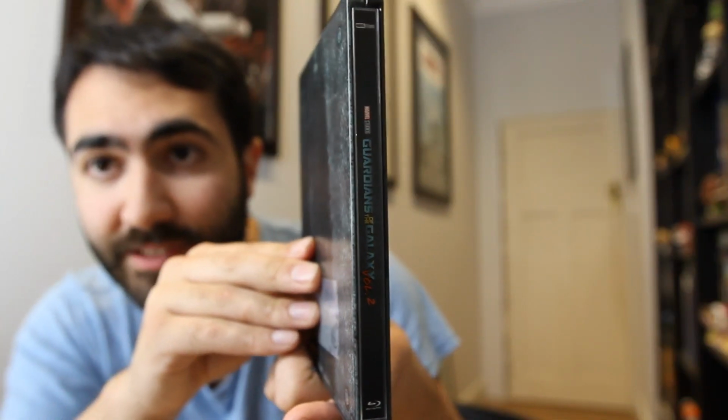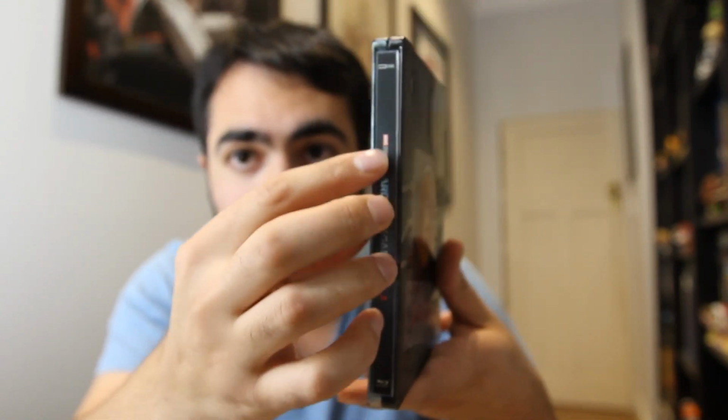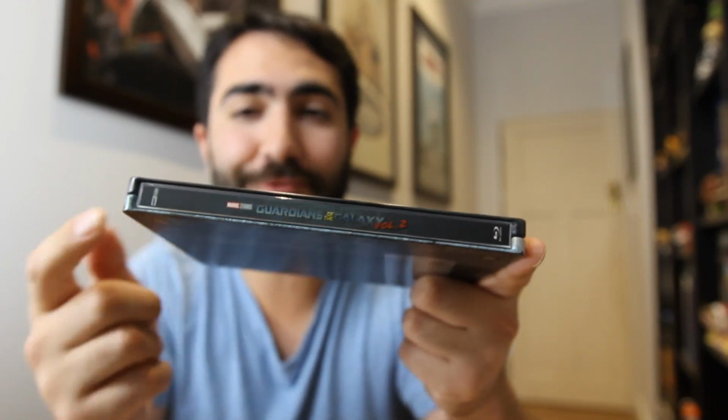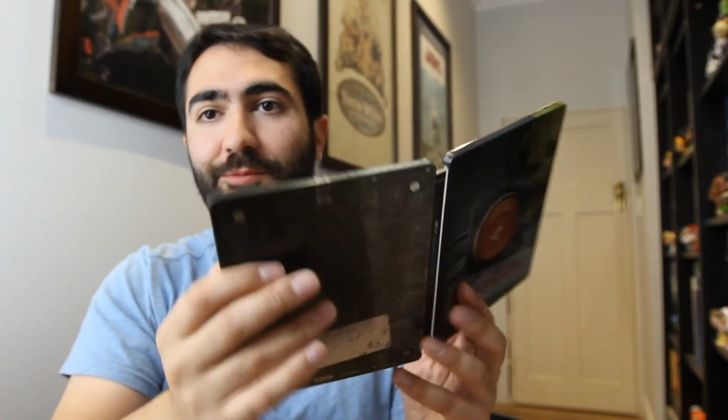There's your spine on the Steelbook there as well. Bit of spot gloss on the logo. At least you've got the title on the spine there. Some of the Disney releases have like pictures of the characters. I know that annoys a lot of collectors. A little bit disappointed with this Steelbook, but again, happy to shell out the money and just support the local